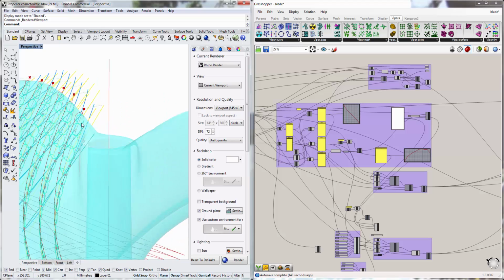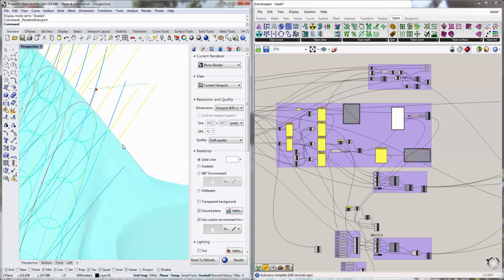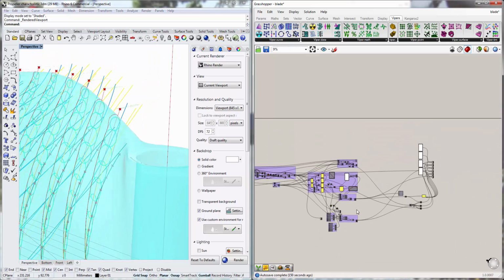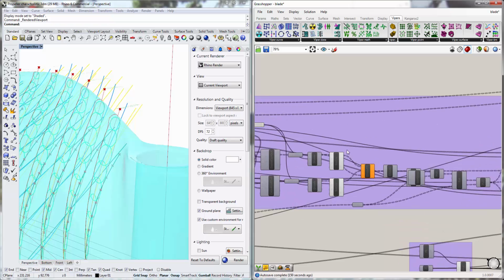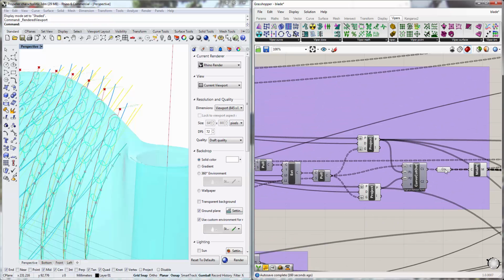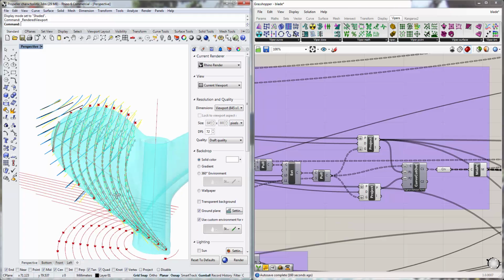This is the red color here, the center. And from this one I plot.